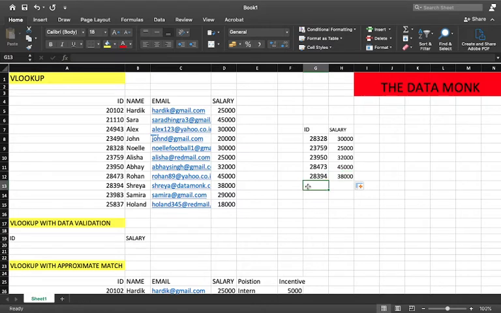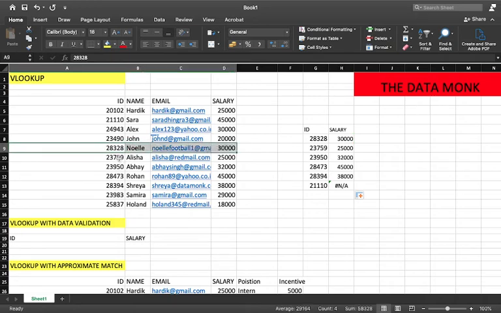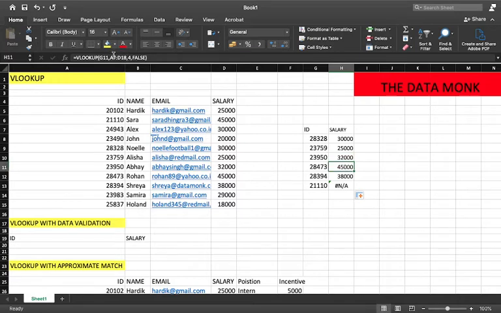Now here I want to bring into your notice one thing that might give you an error. That is very important for you to understand. So if you see, if I enter this 21110 here, and if I try to copy this formula, you'll see we get the value NA. Why is that happening? Because if you see, when we are starting from this 30,000 and we are going downwards, we're going to Alicia, then Abhay, then Rohan. So our table array is changing. If you see, it is A6 to D17, then it is A7 to D18.